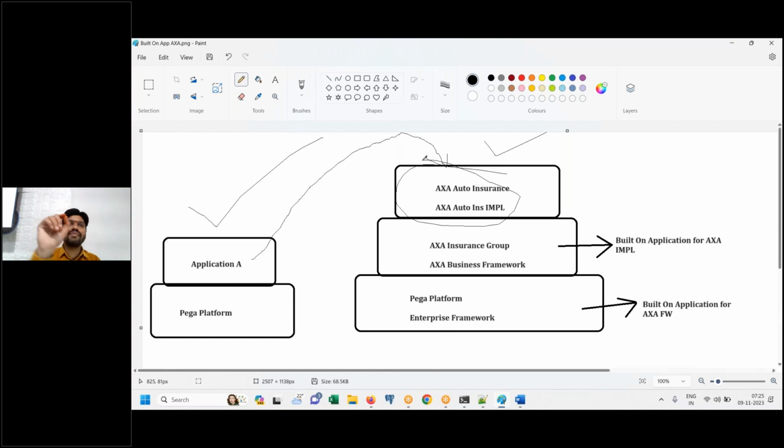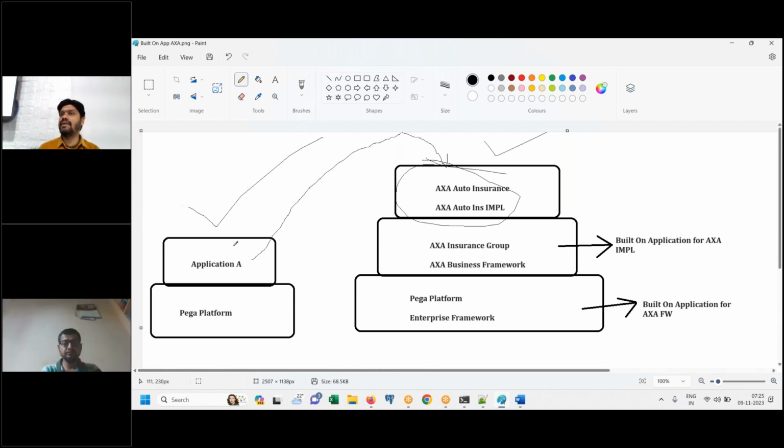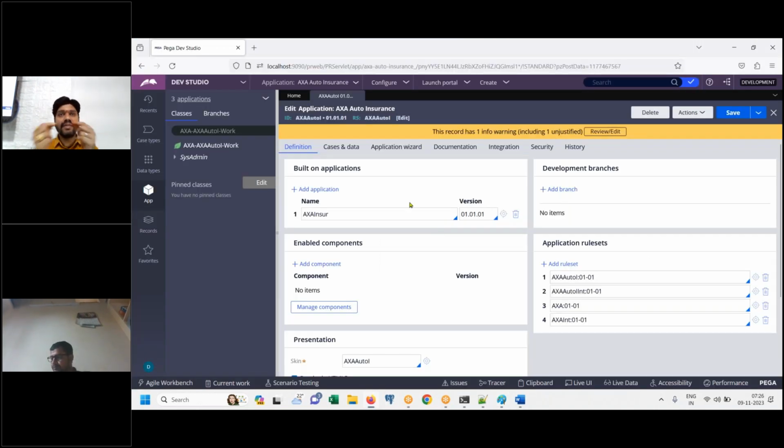So you know how to create a framework application, you know how to create an implementation application, forward engineering. Anytime if I give you a requirement to create a number of applications, you will create. But if you are given this type of requirement, how do you implement it without knowing that relation point? You will not be able to do it, right? This is the reason why we always have to learn about the connectivity points of the rules. Rule means anything in Pega is a rule. Rule 1, functional component 1 connected to component 2, connected to 3, which is connected to 4. What is this chain? This you should know as a developer.